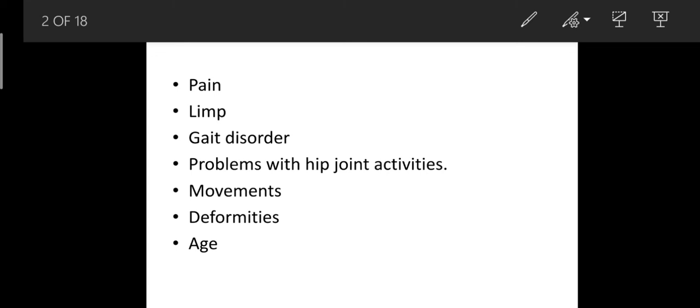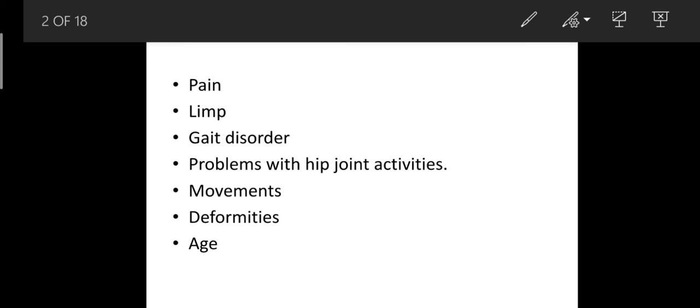Movements: there could be restriction of all movements in case of arthritis, or of a few movements, such as decreased abduction in congenital dislocation of the hip joint. Deformity: the patient can present with flexion, abduction, adduction, or rotational deformity of the hip. Other relevant points